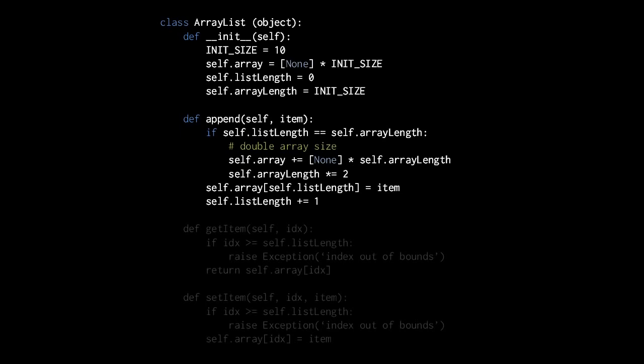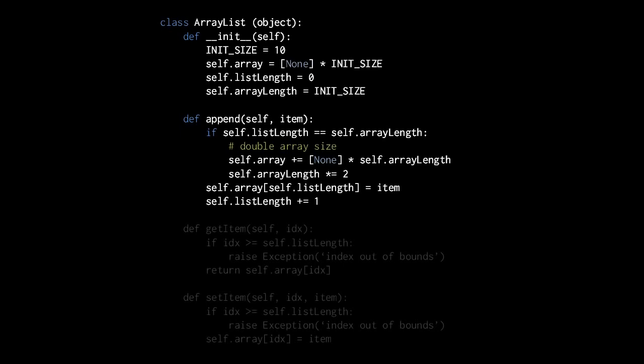So we double the size of the array by taking the existing array and concatenating to it a list of None values which is equal in length to the current array length. So again, just to be clear about the Python code. First, the list with a single value None is multiplied times the current array length, giving us a list of